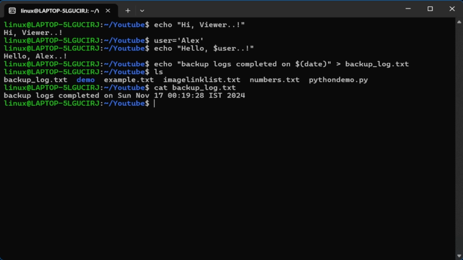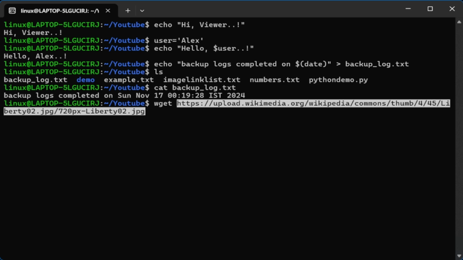Moving on to another command that we would like to talk about, the wget command. The wget command basically fetches files from the internet. It can allow you to automate a lot of downloads or scrape data for your analytical purposes. In this case, let's say I am trying to download an image from Wikipedia. You would require the image link, so you would type wget, then you copy paste that particular link,